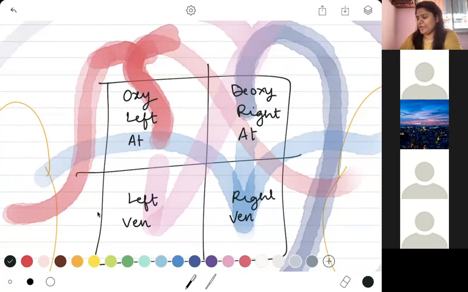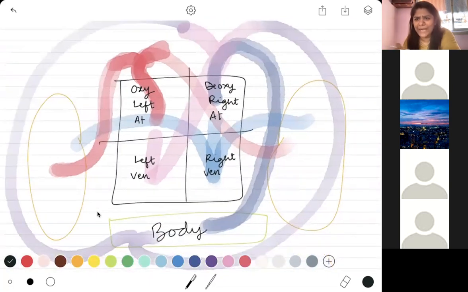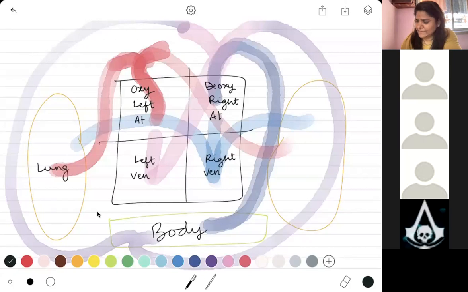Is there anyone who has an objection to this? You can look up, you have entire Google at your disposal. You know that, right? You can just look it up and say that it is correct, it is wrong, whatever you feel like. Is this correct? Is this wrong? Ma'am, it is correct. So this I give you, the circulatory system with the organs and exactly what is happening inside your body.